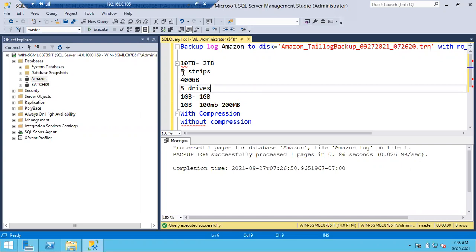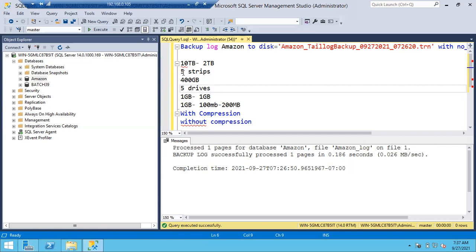You simply mention in the command how many stripes you want, up to 64 stripes. One single backup can be taken in up to 64 pieces.